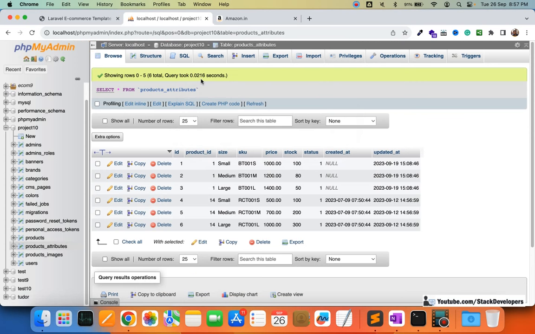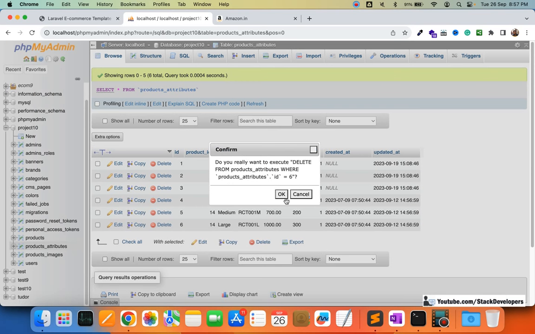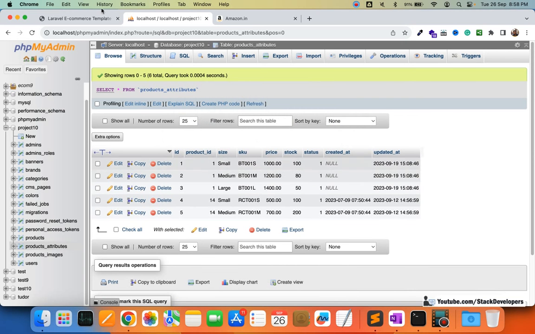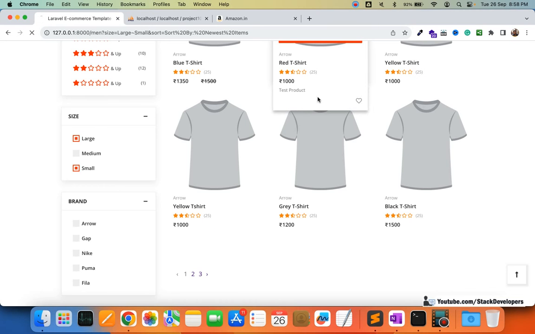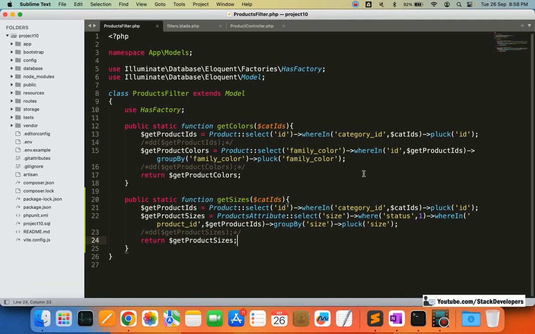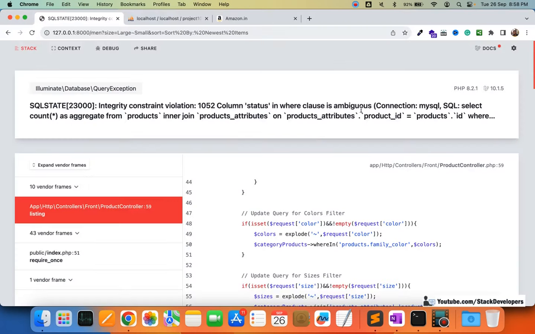So what I'm going to do, I'm going to remove some of the sizes, like I'm going to remove here the large size, because I want to see less products for the large size, because I just want to test this feature. If I remove only small, medium, large will come, but large will not have so many products. Like this, if I refresh this one, okay, so one issue has come,